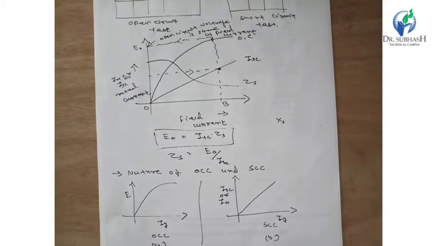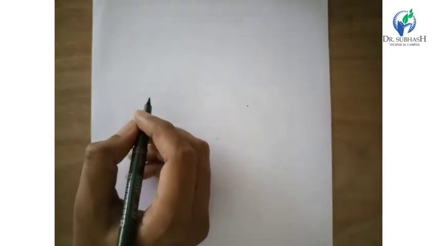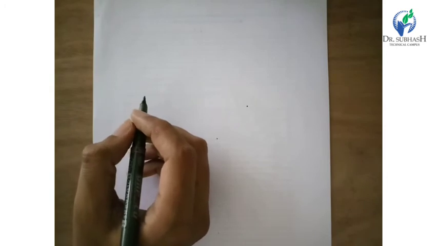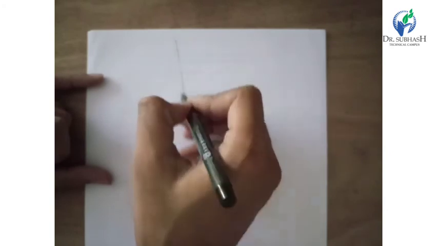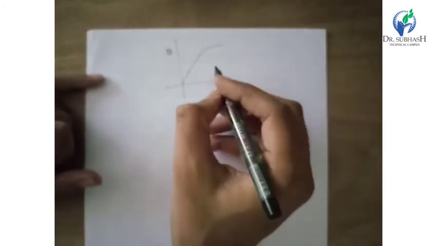The magnetization characteristics are plotted as the BH curve graph, flux density against magnetic field strength. So now we recall the BH curve of magnetic field strength and magnetic field density. We should discuss it here in a short way. There is a graph of magnetic field density and magnetic field strength.